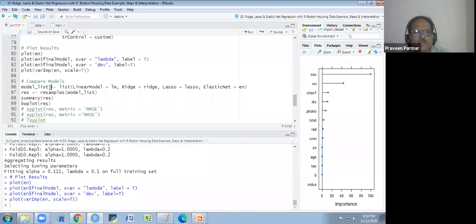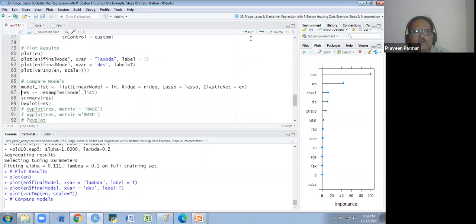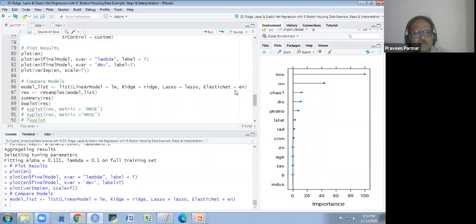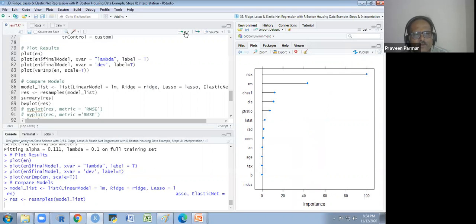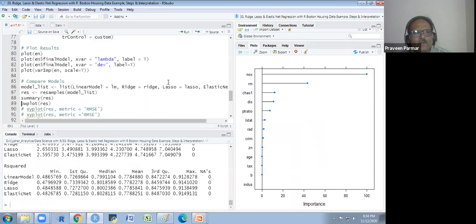Okay, so I am making a list of the models: linear model equal to LM, then ridge equal to ridge. The first model was the LM model, second was the ridge, third was the lasso, and fourth was the EN. I am making a list of these, then resampling the model list as a result, and I will show you the summary.